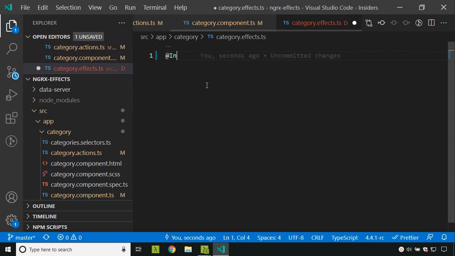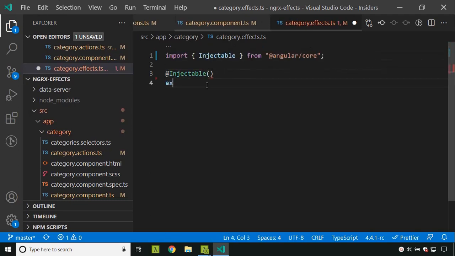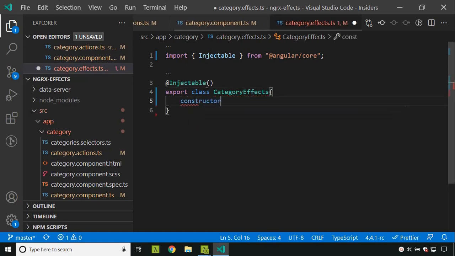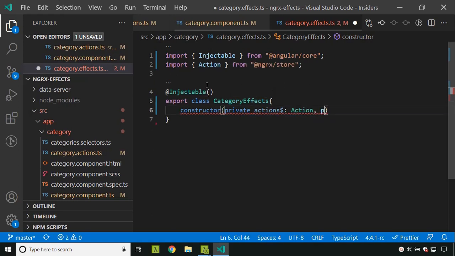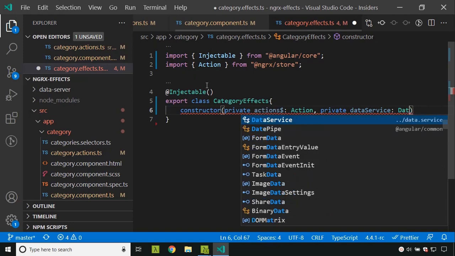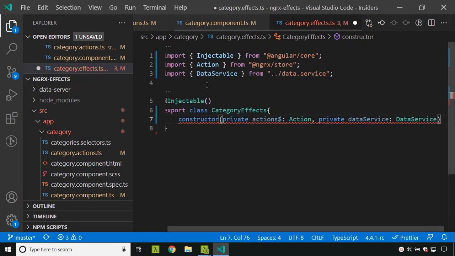This is basically a service, so you can give Injectable, export class CategoryEffects, and inside the constructor we need to inject the private actions, and the data service which we need to call to make the API call. I have added that as well.